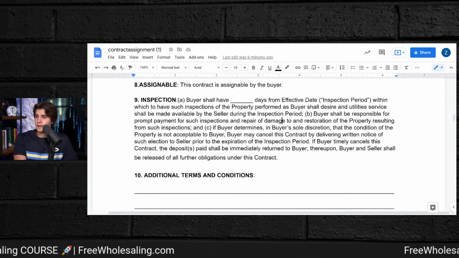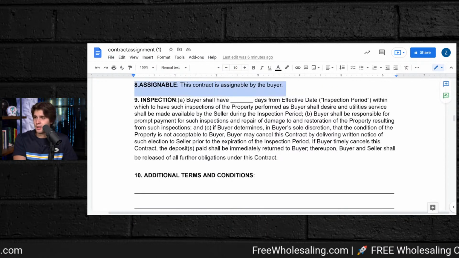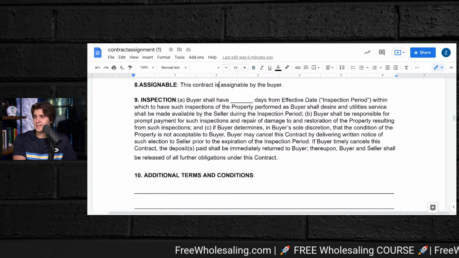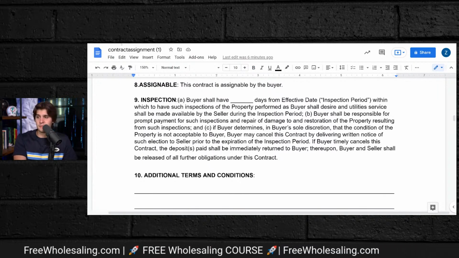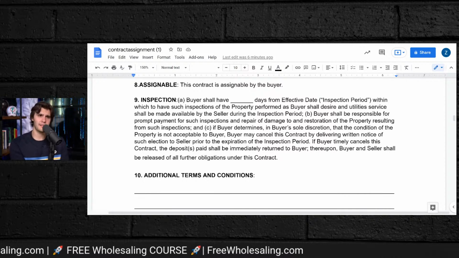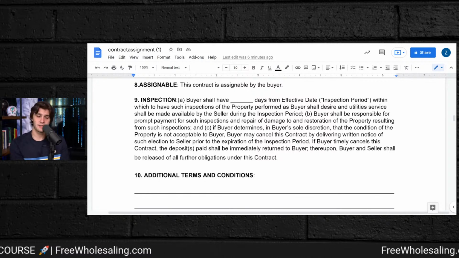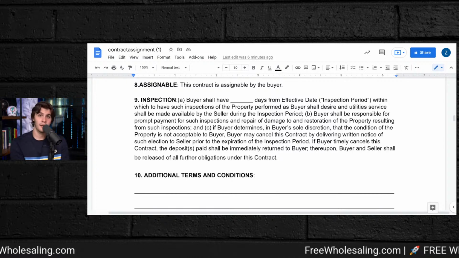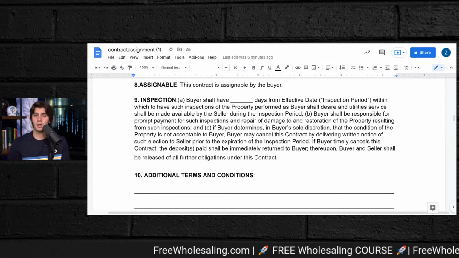Number 8 here. This is just so everyone's like, I didn't know you were going to sign the contract. I didn't agree to that. Well, number 8 here, assignable. This contract is assignable by the buyer. Tell the seller, if they ever give me any flack for that one, like, oh, what do you mean assignable? What's that? Basically, there's a lot of situations we can have with the house. I work with multiple partners, so either I might just assign this contract to them and they'll buy it, or